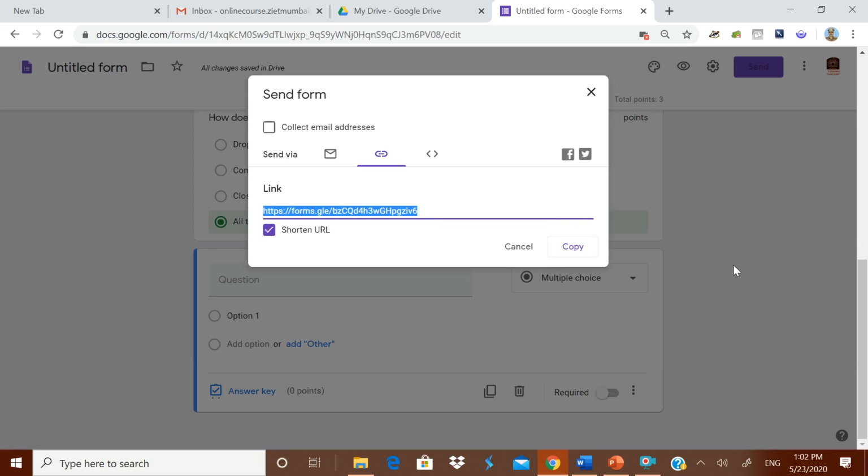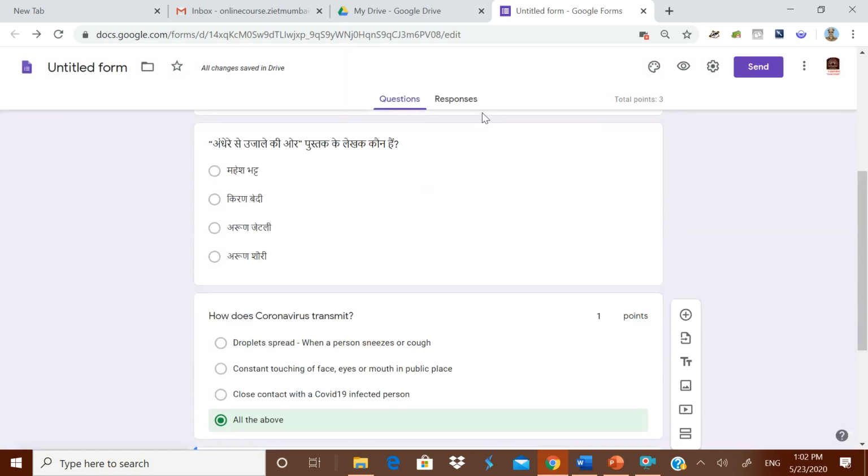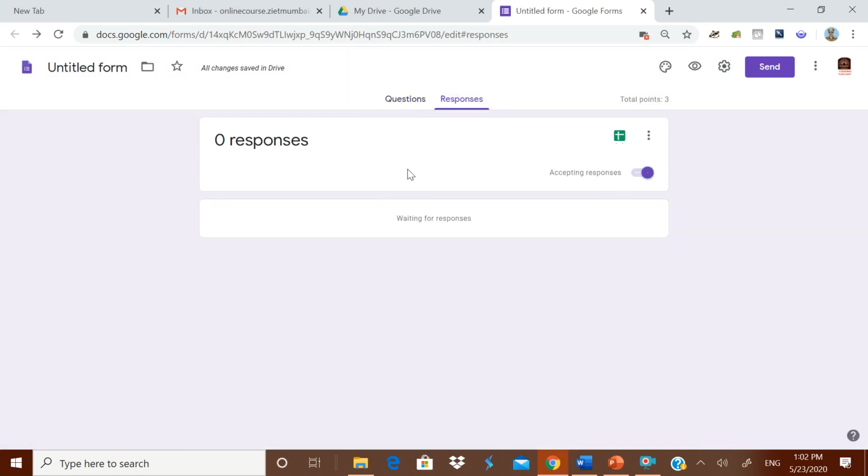Anybody who gets this link, when he clicks it, all the questions will come automatically. When he answers it, he will get his individual response, and in the response sheet, which is on the top in the responses tab, you will get all the responses in the form of a Google sheet. It is highly interesting.